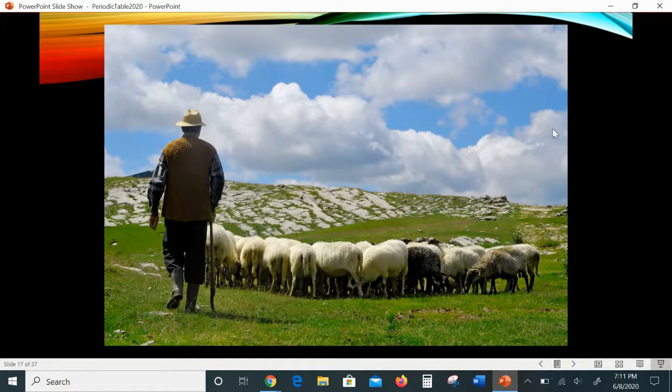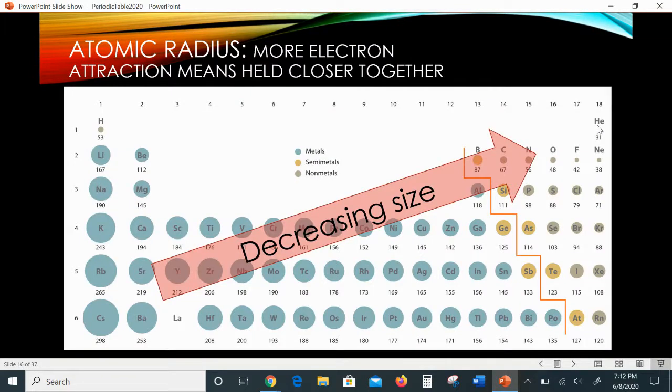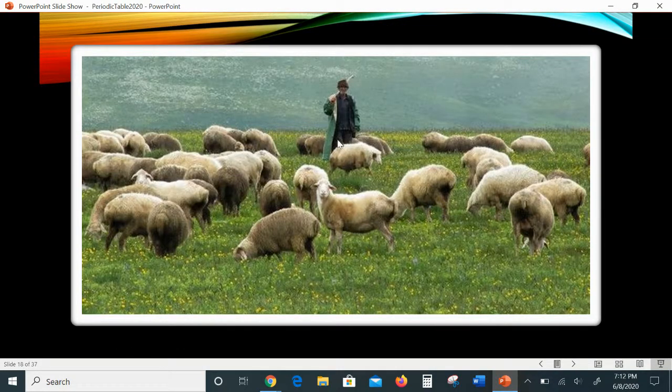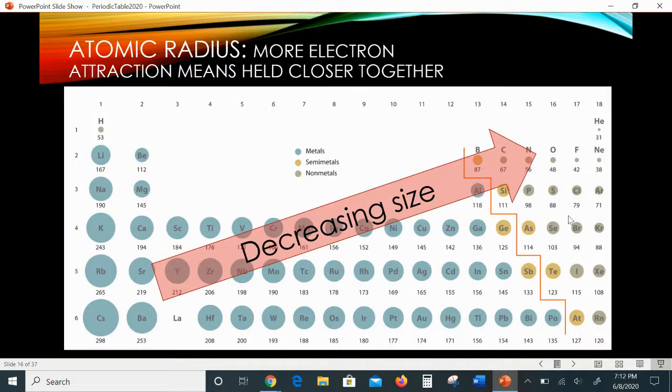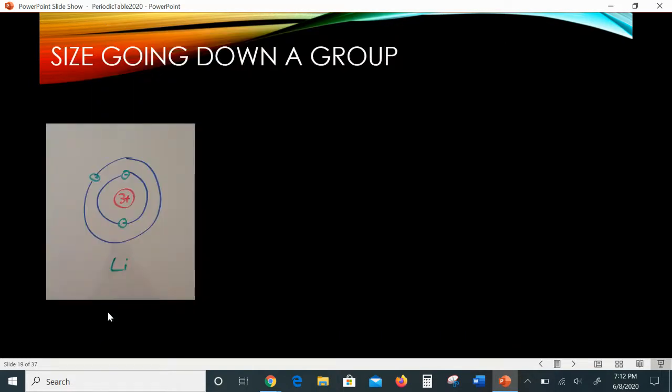So think about a shepherd, right? If a shepherd is very watchful of his sheep, he will keep them in a tight circle so none can get taken away from him. That's like helium. Whereas the shepherd who doesn't care quite as much if a wolf comes and takes the sheep away, he'll have them all over the field. So think about the radius of what the shepherd's field looks like, right? Although sheep being electrons would be pretty spread out, this shepherd has a very small group of sheep in a close circle. So the things that care about their electrons keep them in a close circle. The things that let them wander off don't care about their electrons so much, so they can get taken away.